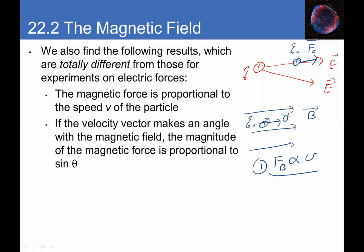Remember, you have this condition 1, here's condition 2 that we talked about before, and then here's condition 3, which means magnetic force depends on the speed. Magnetic force depends on the charge. Magnetic force depends on the presence of the magnetic field, or is directly proportional to the magnetic field. But there's also another thing, which is the fourth condition. And that comes from the fact that